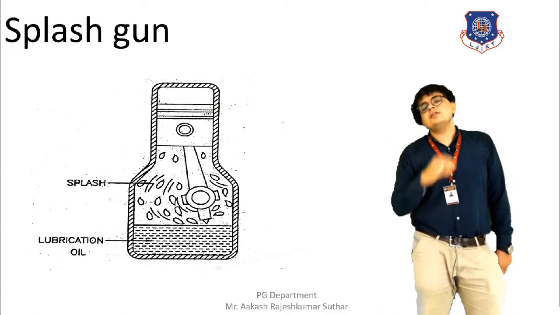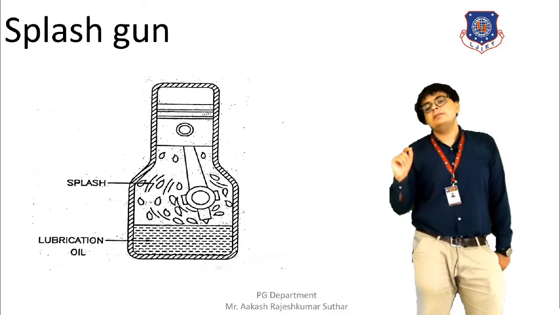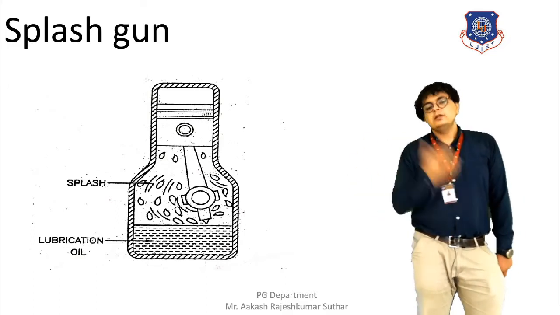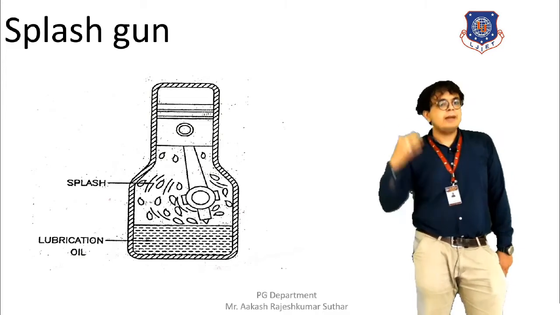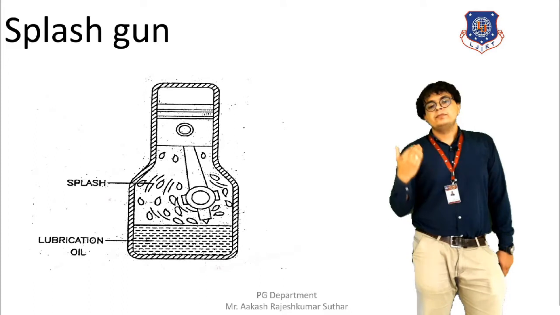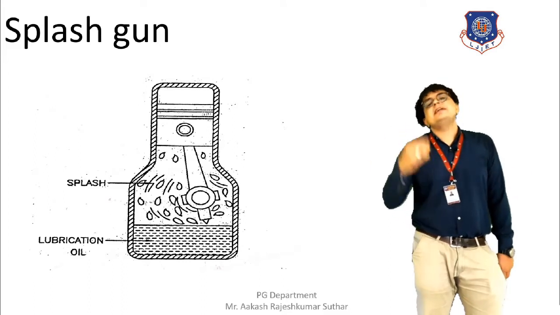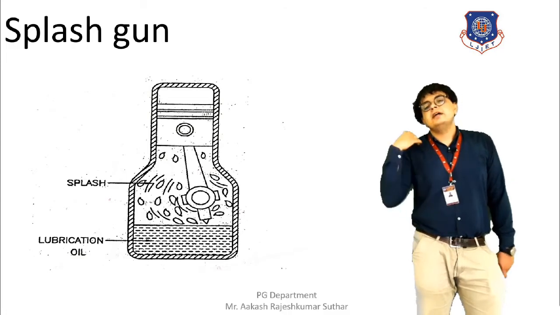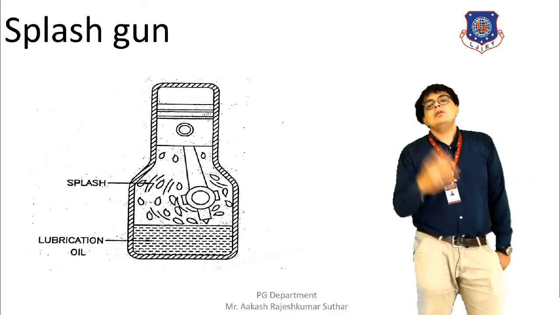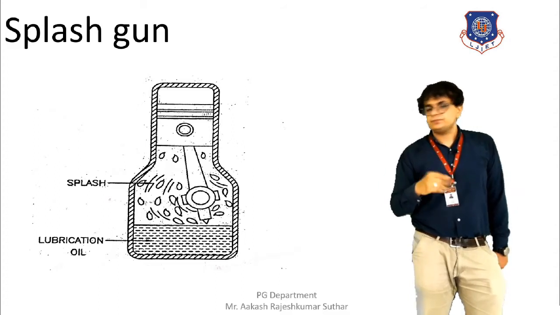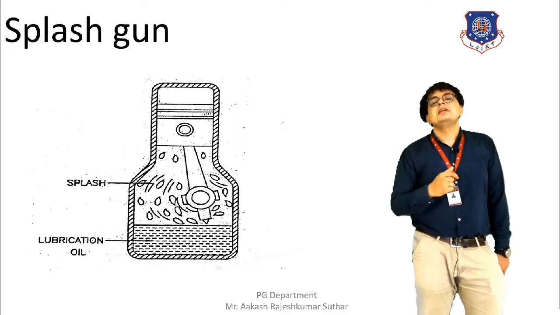As a result, the droplets will be formed and will stick to the surrounding surface of the valve, and by this the valve will be lubricated. It is an automatic process. So as a result, the valve or the required parts will be lubricated by these droplets. So this is how splash is used,